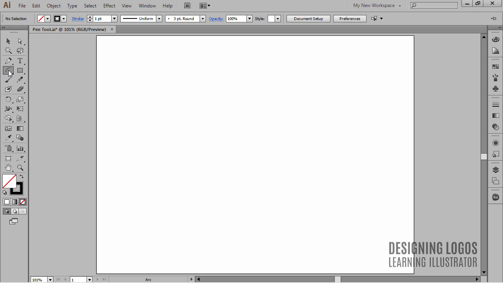Okay, the spiral tool that sits right here under the arc tool can be approached pretty much like the star tool. What I mean is that when I click and drag, I'll get a spiral. But if I press up or down arrow, I'll add or subtract segments like so. I can also hold down the Control key and move my mouse around to change the diameter of the spiral